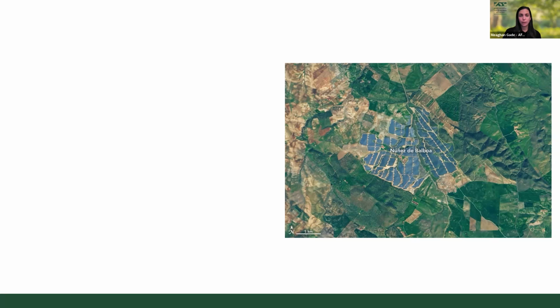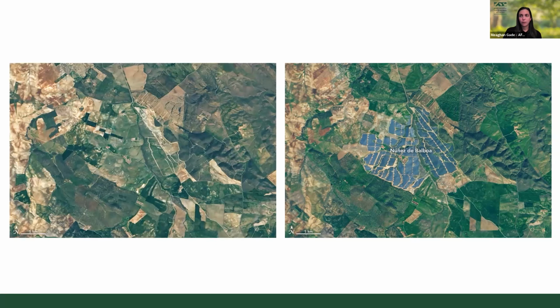The crazy thing about this facility is that, number one, it's being built in relatively contiguous habitat, and it's fragmenting large forest patches on either side. Not only that, this is the satellite image in 2019, and this was it in 2020. This facility took 1 year to build. That's how quickly solar is happening on the landscape, and if we aren't smart about how we're building it, there can be serious consequences.